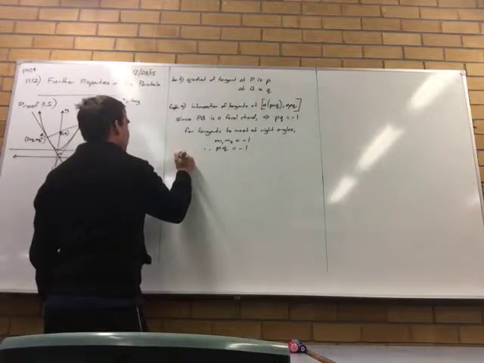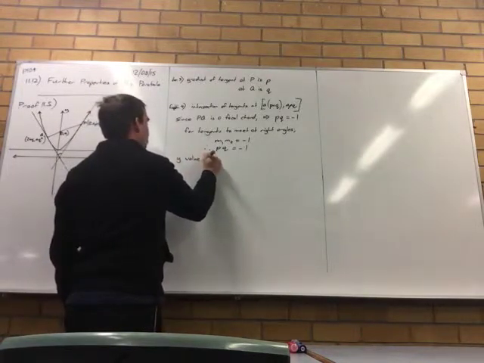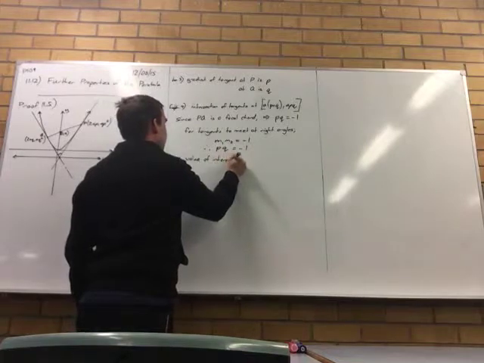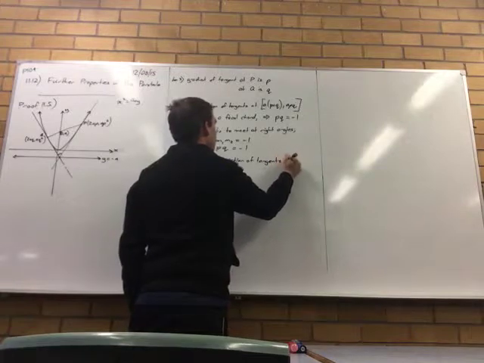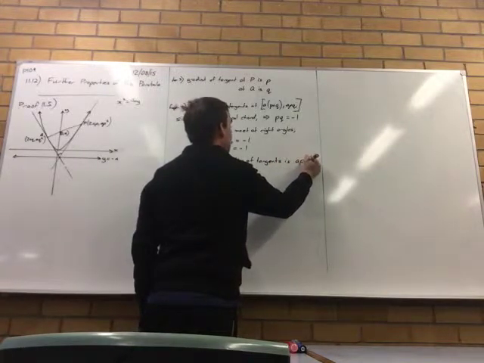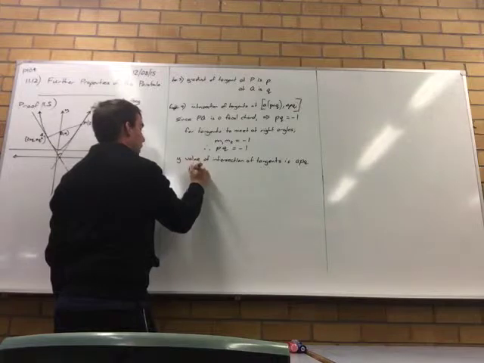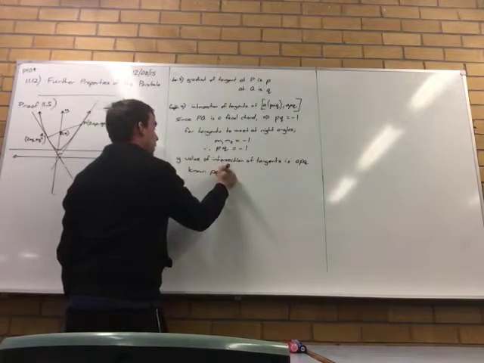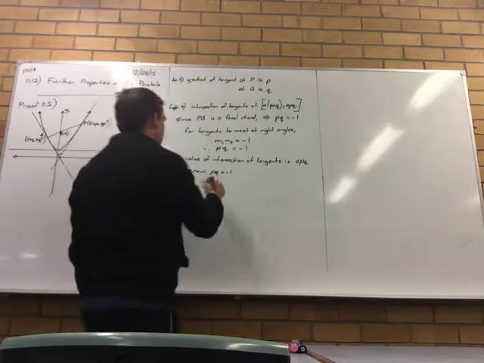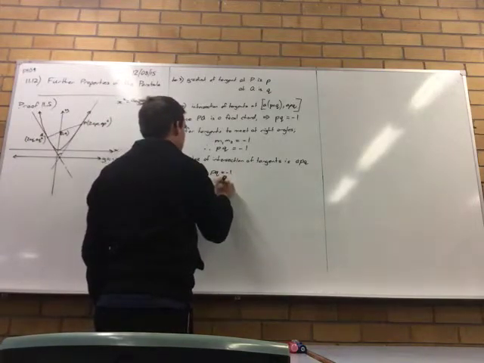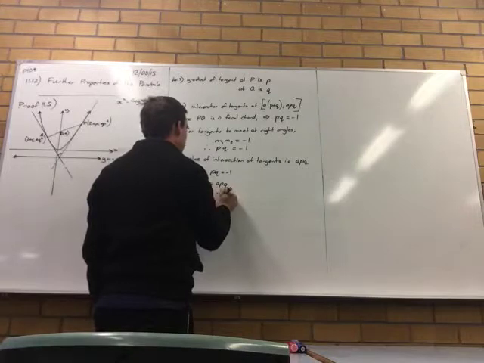So the y value of the intersection of the tangents is apq, and pq equals -1. We can only use this if we have a focal chord. You can't just substitute in whatever you want. You have to have a focal chord. If you don't have a focal chord, you do not have this property. So y is apq, which equals -a,